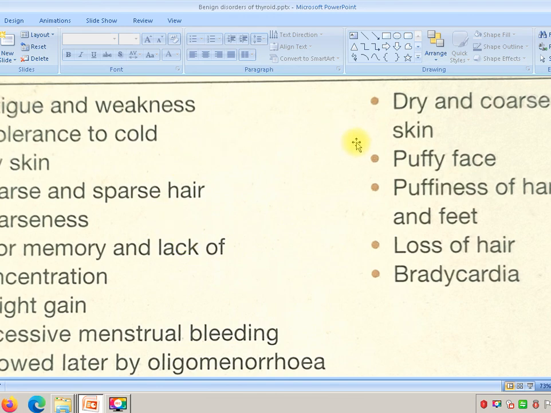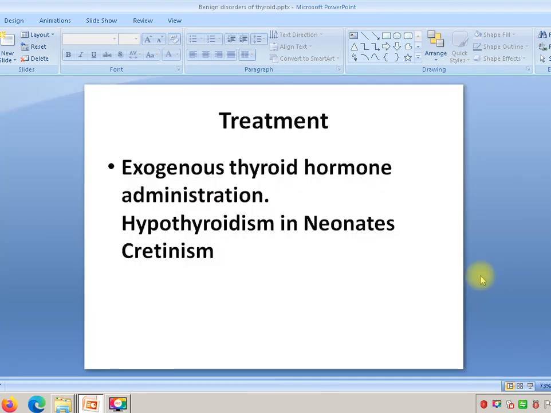These are the symptoms. And coming to the signs: dry and coarse skin, puffy face, puffiness of the hands and feet, loss of hair, bradycardia. All those things are associated with hypothyroidism. So coming to the treatment,